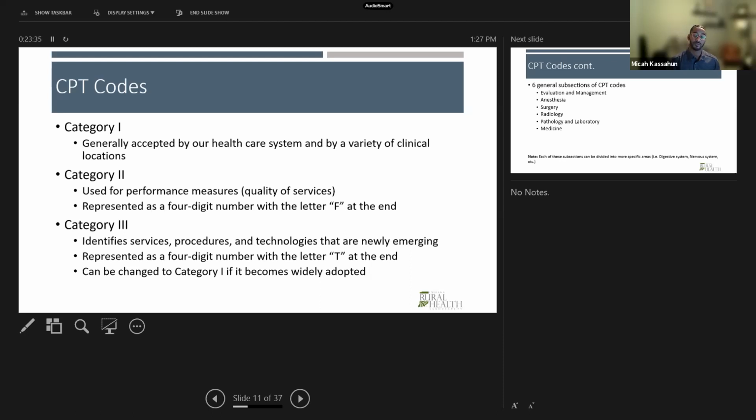And it also has the potential to be changed to a category 1 code if it becomes widely adopted and understood. So if there was a public health event, for example COVID, which became a brand new thing to all of us about 2 years ago, when it came through, they created its own code. I don't have that in this slide, but they created a code that was added in and appended to the entire dictionary. So it's just helpful to know that we have different types of codes, different categories for each, because everything changes. And as things change, we want to adapt and provide the most up-to-date information.